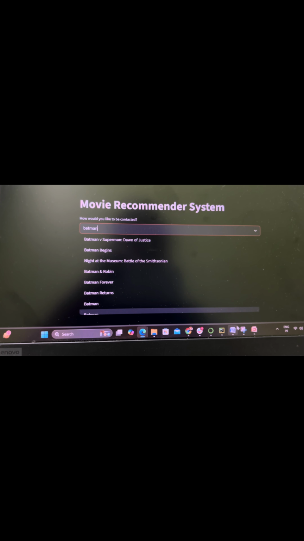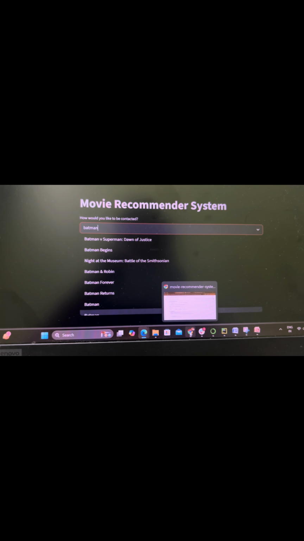Now let me show you what formula I have used here. As you can see on my screen, a few parts of my code I want to focus on. I have used a similarity matrix, where I'm using the cosine distance formula. Over here I have also made a function, recommend movie, which will give me all the movies, whichever I type, based on its recommendation system.